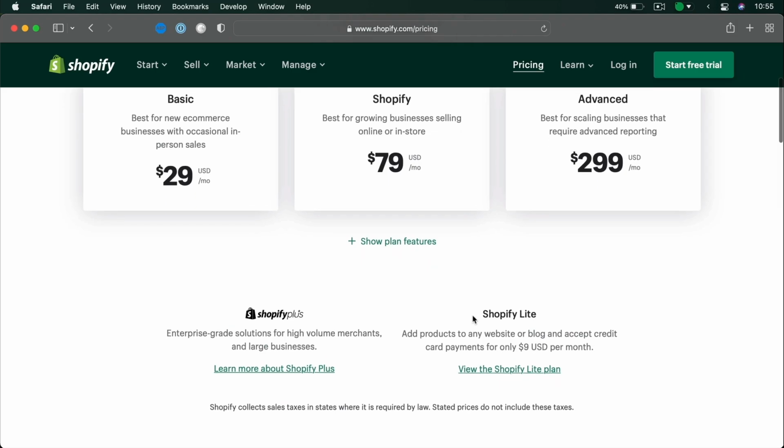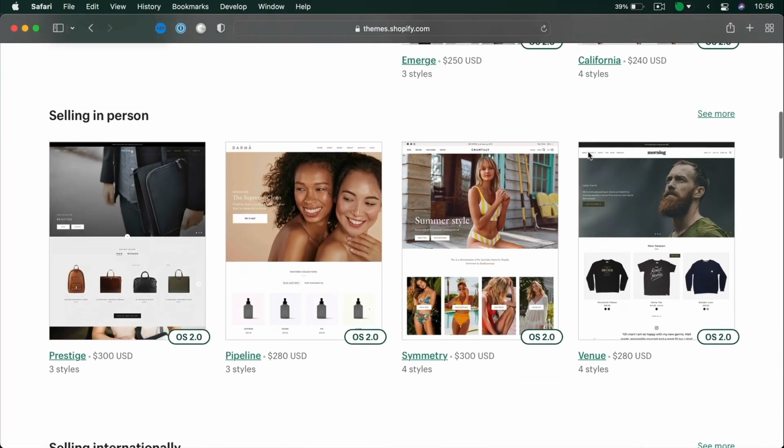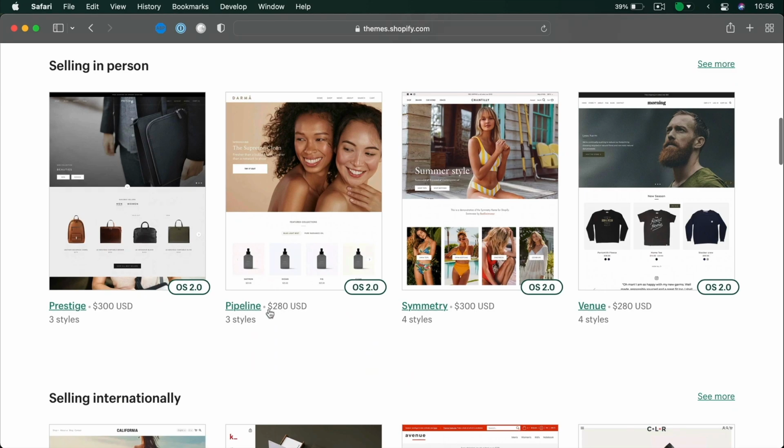There is also a Shopify Lite plan at just $9 per month, but that has fewer features than the basic plan. So if you need more advanced features in Shopify, you need to upgrade and pay more. On top of that, you must also consider the price of apps, which for some of them can be pretty steep. The premium Shopify themes are also pretty expensive, with some going as high as